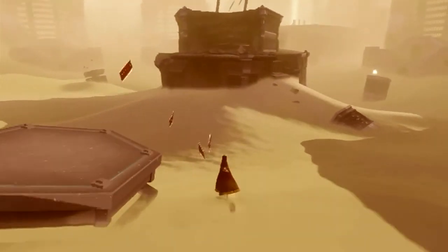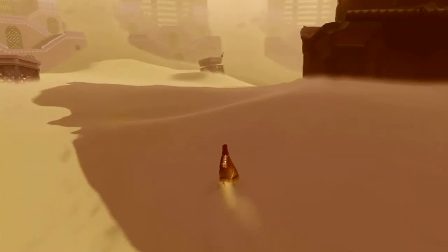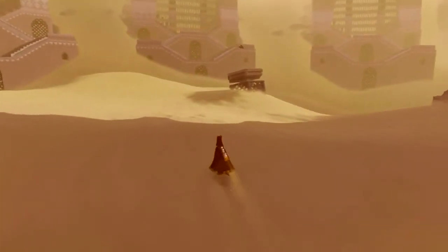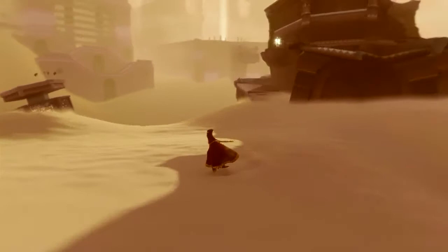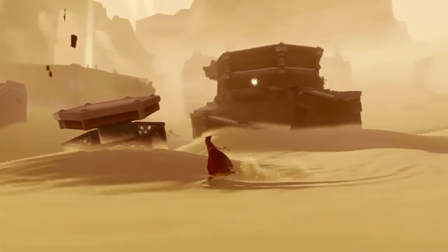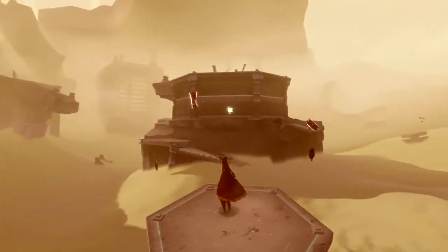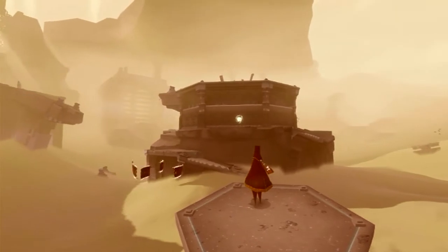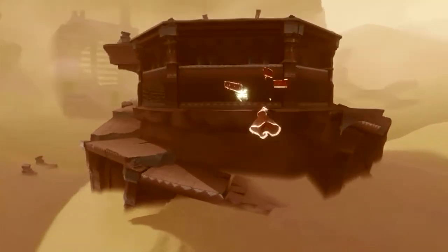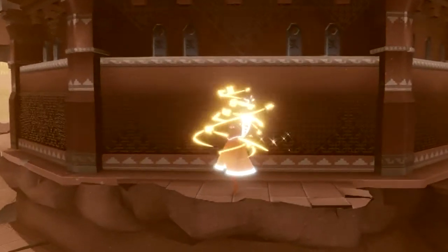I'm going to let them replenish my scarf, and then what I'm actually going to do is be showing the first mechanic of your call, aside from lighting up those murals, which I will be showing the locations of all throughout the game. There are several of them, but up there you can probably see something that is familiar to you already, we saw earlier. You want to hop up here, and then these guys refuel me, and then if I hold down call, these guys will actually carry me a little bit on their own, and then I can jump the rest of the way to this ancient glyph here,